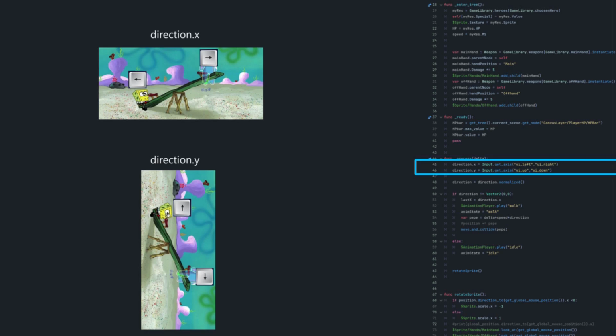And then in the process function, we get our direction.x from our left and right on the keyboard, and the y from the up and down, and then we normalize it so when it's going on the corner it doesn't get sped up.